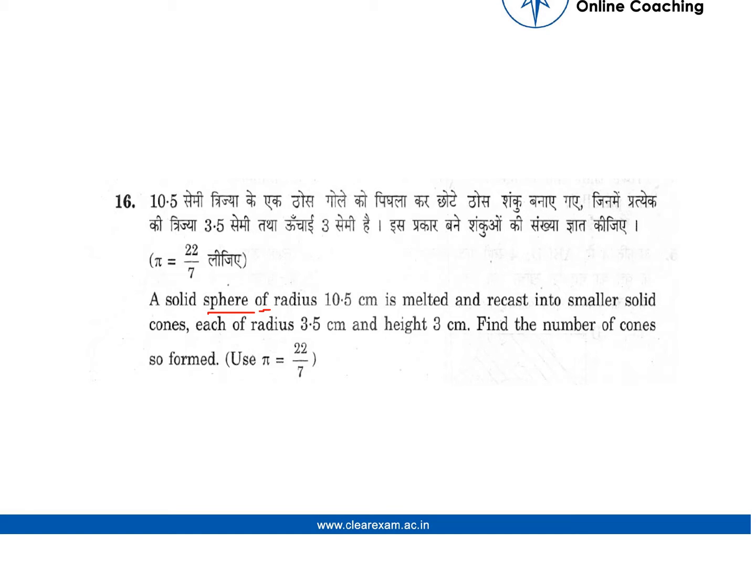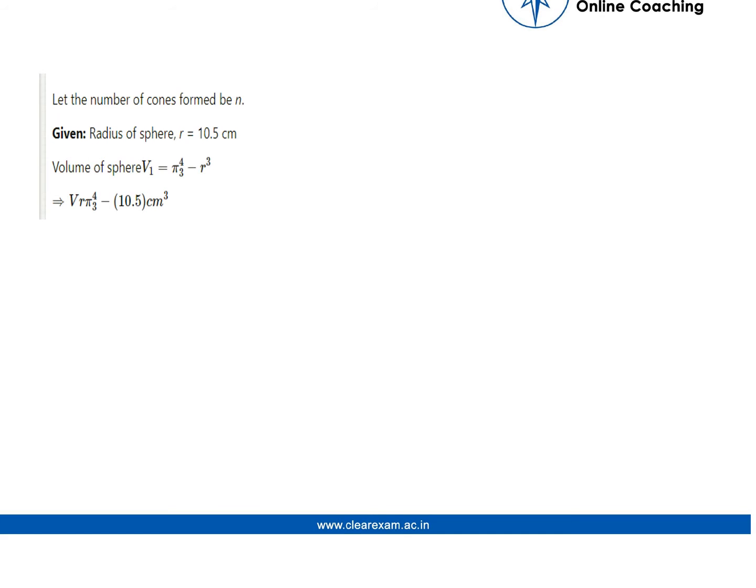So we find the volume of the bigger thing and then divide it by the volume of the smaller thing. Then we will have the number of cones so formed. So that is the logic behind this question. Coming to the next slide, here we find